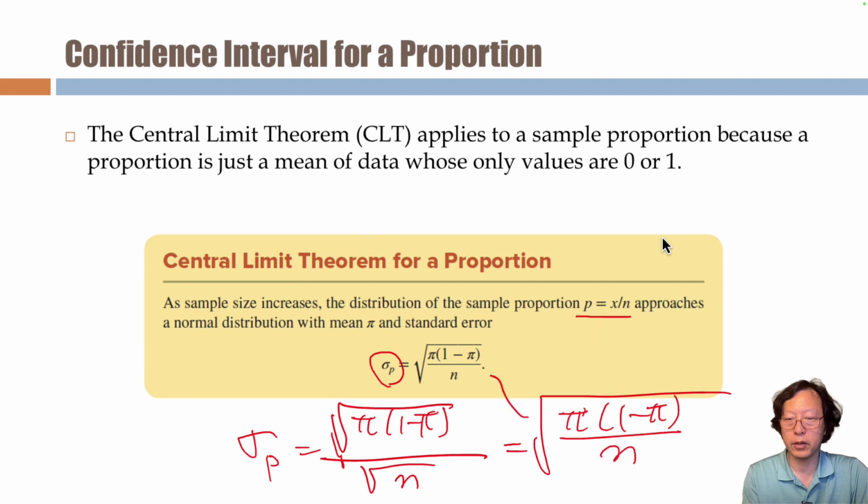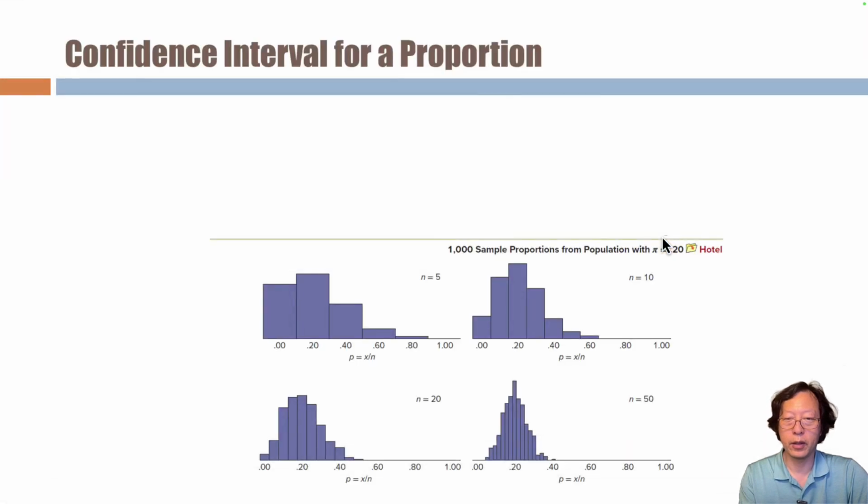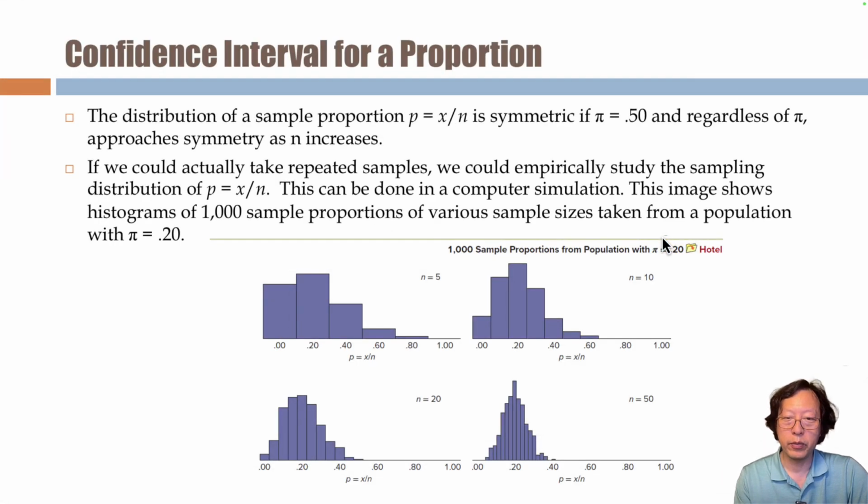Right? That's how you got this form. And then if you replace the standard deviation, actually you can get a confidence interval of proportion. So simply this one is a 0, 1 distribution, and then you will have a proportion. But when the n is large enough, we can tell